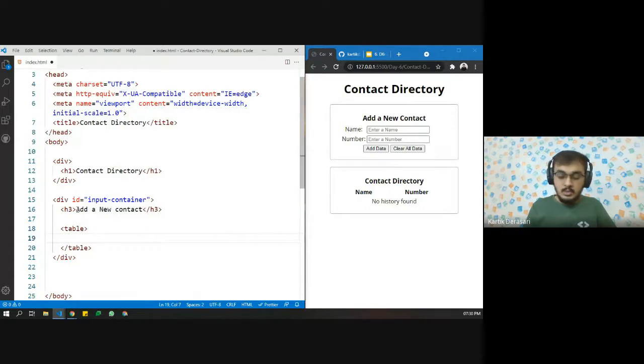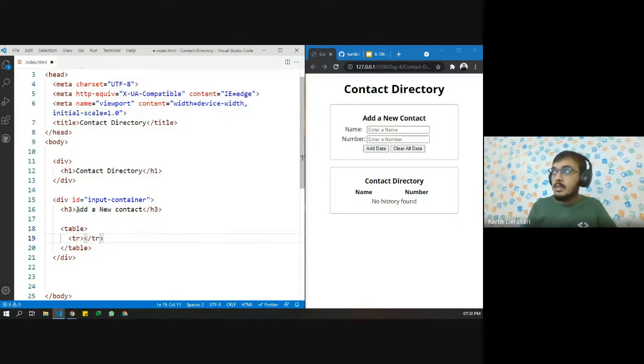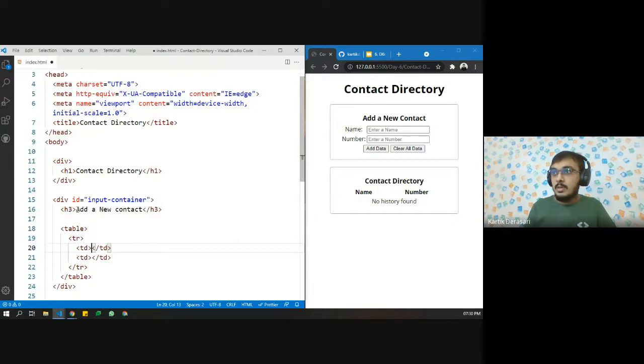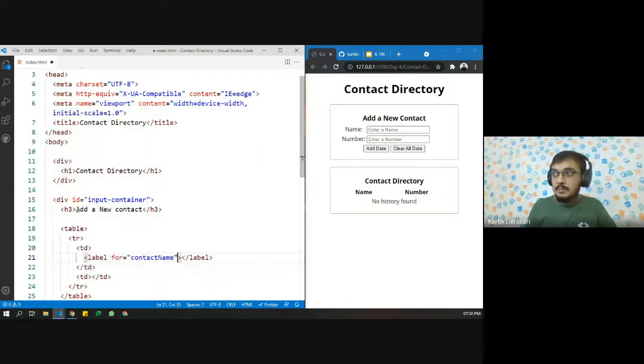Okay, so tr. Inside the first row we want two data. Okay, in the first row let us give the label. Let's say label for contact name.